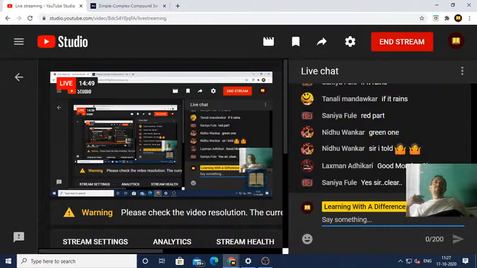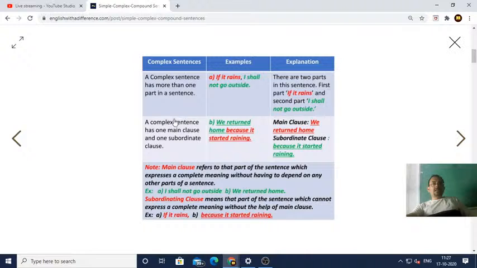And main clause is that part of the sentence which is independent and which expresses a complete meaning. Like if I say "I shall not go outside," it is expressing a complete meaning, therefore "I shall not go outside" is called main clause. But if I say "if it rains" and then I don't proceed with my sentence, I stop here, then it does not make any sense. Therefore "if it rains" is called subordinate clause, whereas "I shall not go outside" is called the main clause. Okay, dear students, you understood now. Now let me proceed to the next